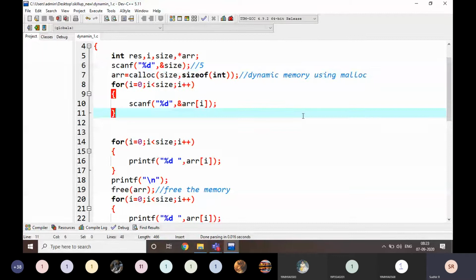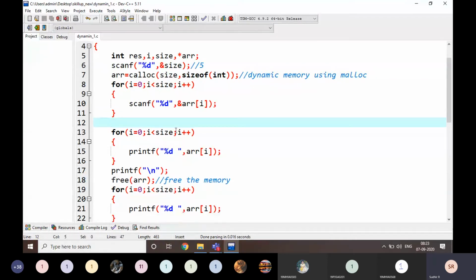That's it. Nothing else. Remaining everything is the same. calloc of size comma size of integer. And what is the difference? We are going to visualize that. Just wait. The simple syntactical difference is, instead of malloc we write calloc, and instead of size into, we write size comma. That is the syntax of calloc.